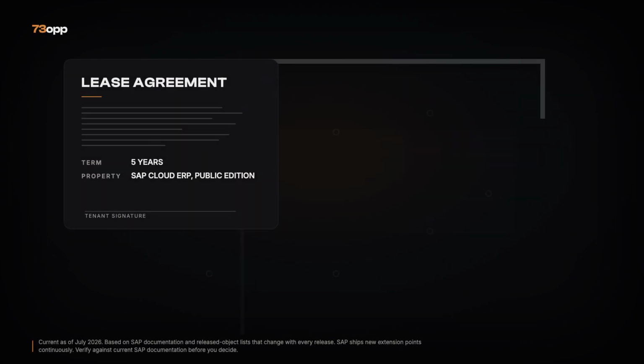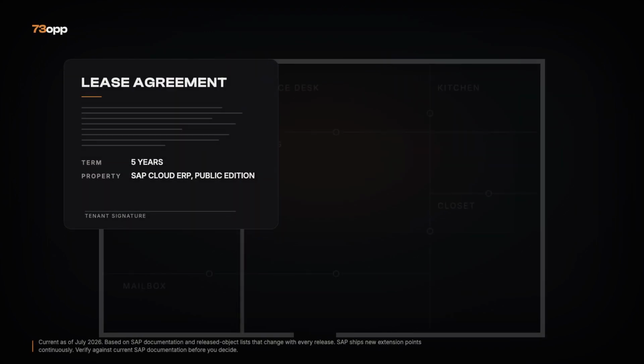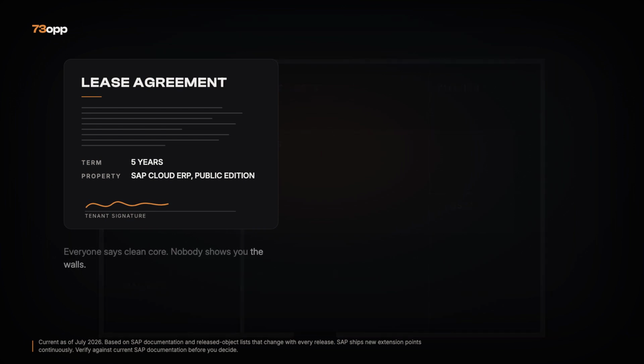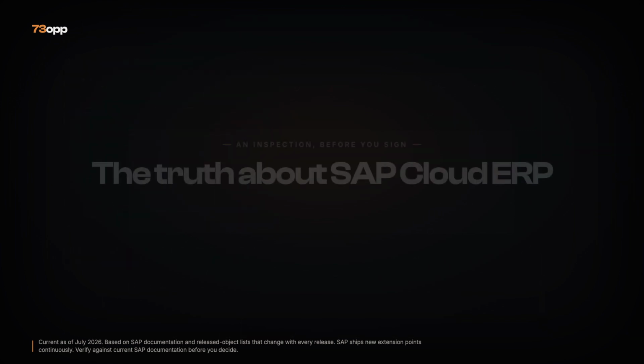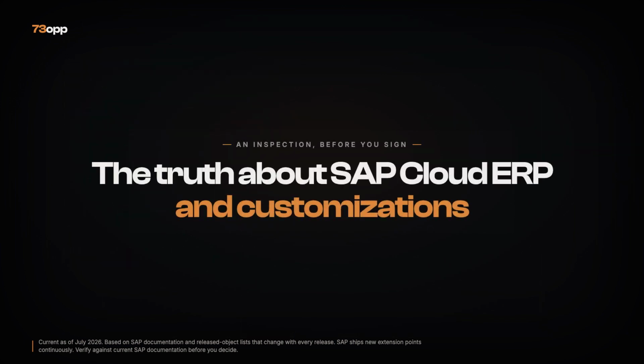You are about to sign a 5-year lease on an apartment you have never walked through. That is what buying SAP's public cloud ERP feels like. Everyone repeats clean core at you. Nobody shows you the actual walls. So today, we do the walkthrough together, before you sign. What you can genuinely change, where the hard walls are, and which walls you only discover after the ink is